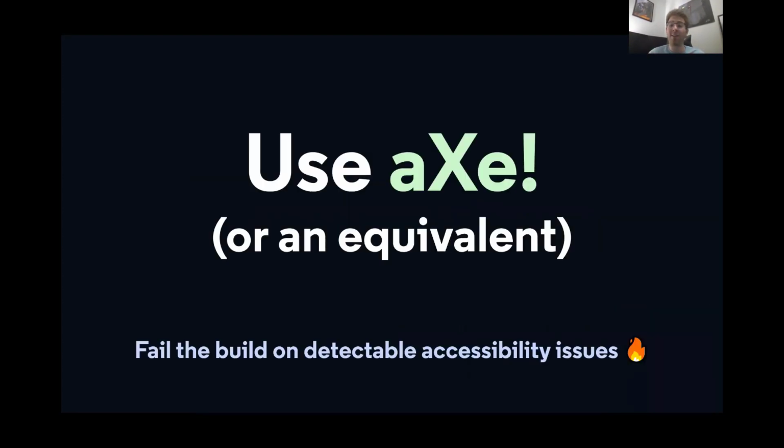I also highly recommend Axe, or some equivalent of a tool that looks at your HTML and CSS and tells you where all the accessibility issues it can find are. I also definitely really recommend putting Axe into your CI/CD or build pipelines, so that if someone pushes code or tries to push code with an accessibility issue detected by Axe, you're not allowed to push that to production.